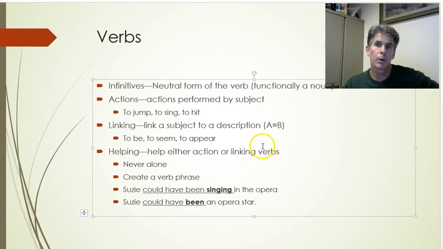So that's verbs, guys. That's how they work. So, and that's all you need to know about verbs. It's a little more complicated than you probably wanted, but that's all there is. You now understand all verbs in the English language. You've got it down. Okay?